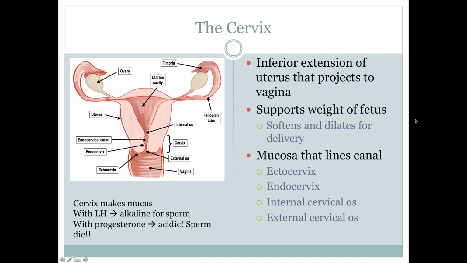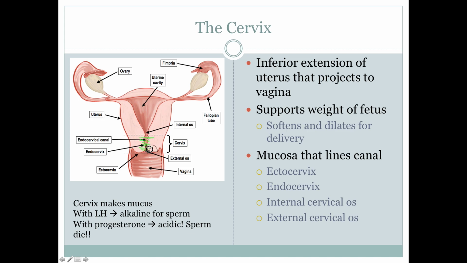We already know that it supports the weight of the fetus, and then as soon as it starts to dilate, that means delivery will happen. If the cervix starts to dilate too soon, that's when people are brought to the hospital. They're put on bed rest usually, and they're given a drip to inhibit premature labor. There's also times when the cervix is sewn shut. So you can see that with a pregnancy that's progressing in a way that the body keeps trying to deliver, but more commonly you see that after surgery for, I promise I wouldn't say extra things, but this is important.